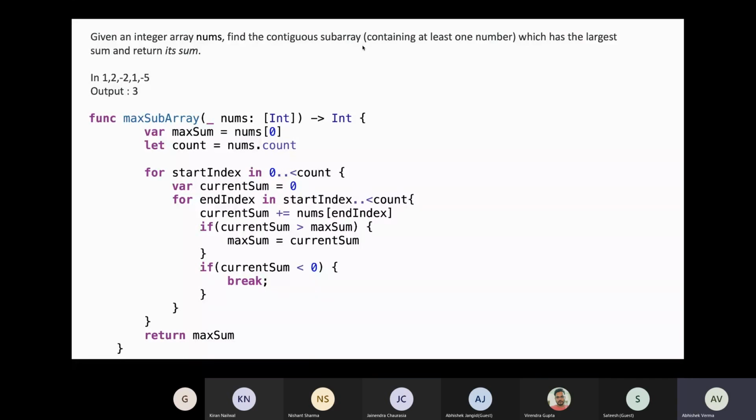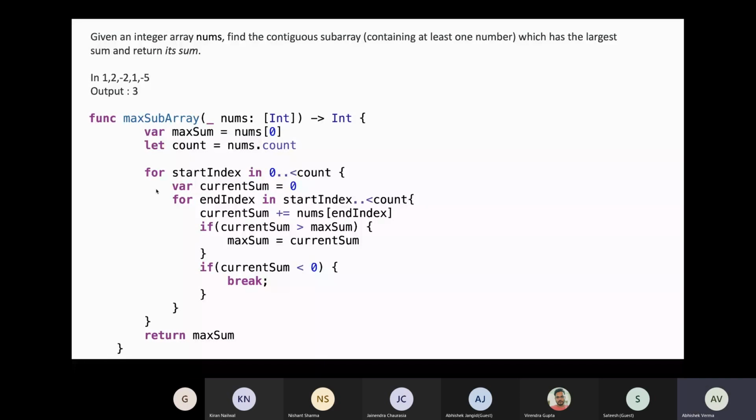The first solution which comes immediately to my mind is that because I have to find the subarray, I could start from one index and keep on reading the array to find the sum which is maximum, so that I am able to maximize the sum. I will keep a variable to store the maximum sum found till now.